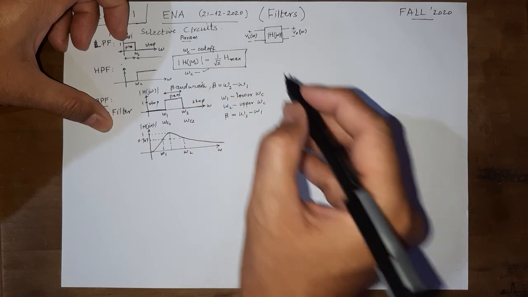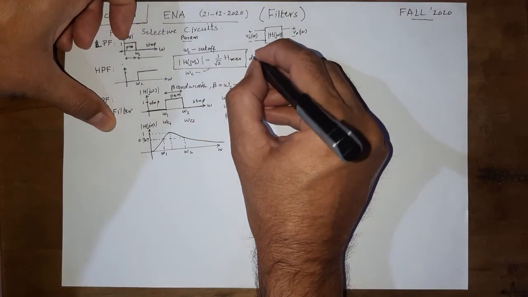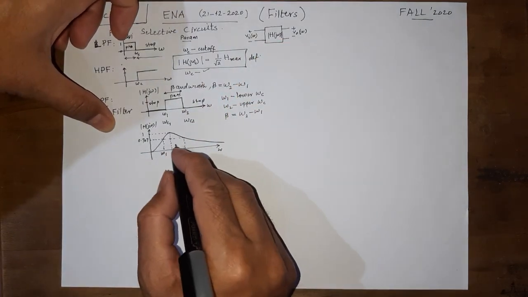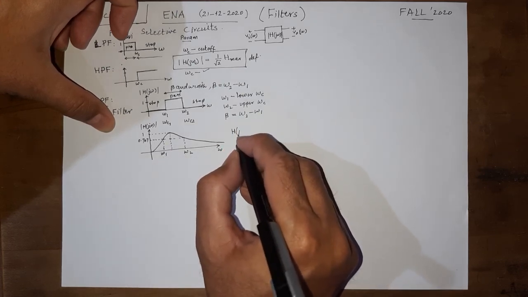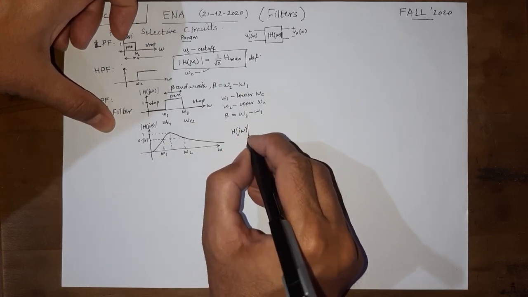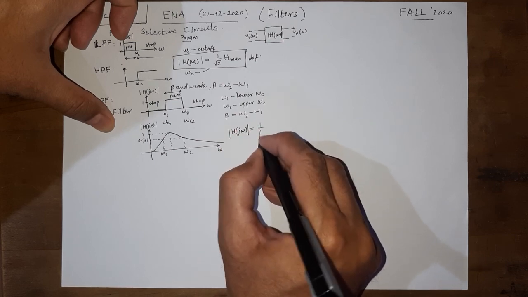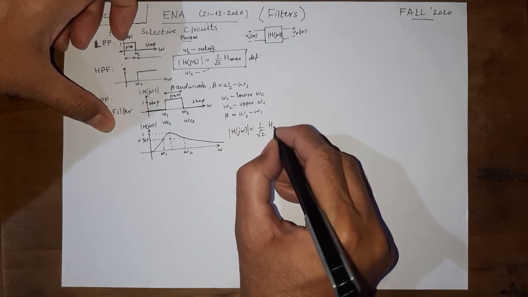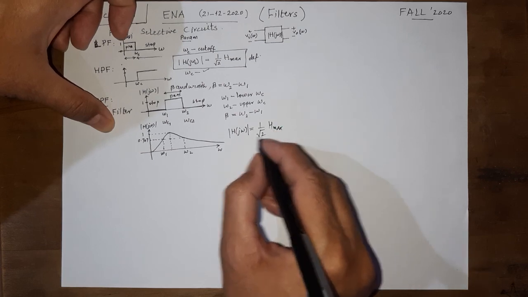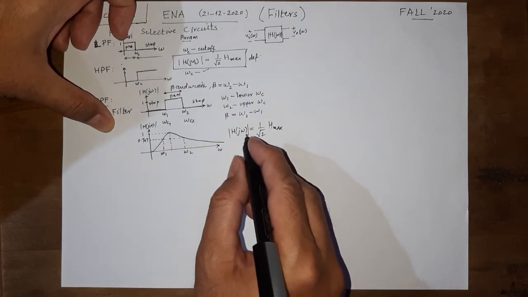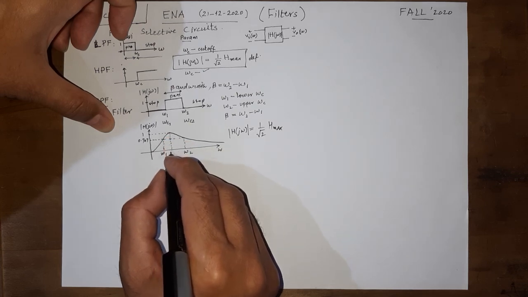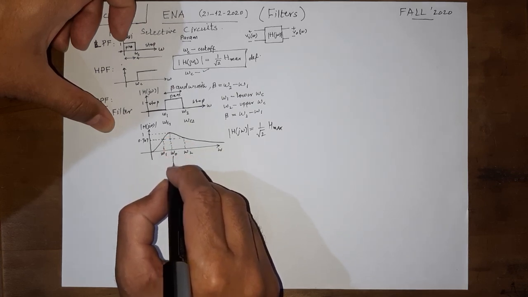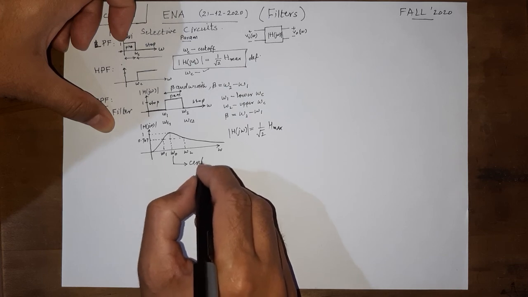The definition of cutoff frequency does not change here. So omega 1, omega 2 are still found to be the frequencies such that this is true. First we find what H max is for a certain case, and then we can find what these frequencies are. However, this frequency omega naught is known as the center frequency,